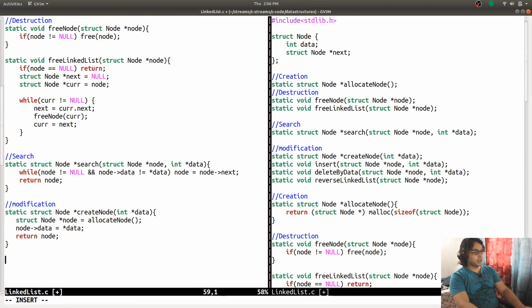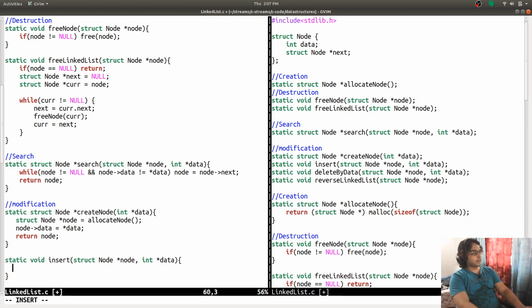And next is insert. Static insert, struct node star node. Insert can be of different types: insert at the end, or somewhere in between, or at the beginning. That depends on the implementation, or the thing that you want to do.